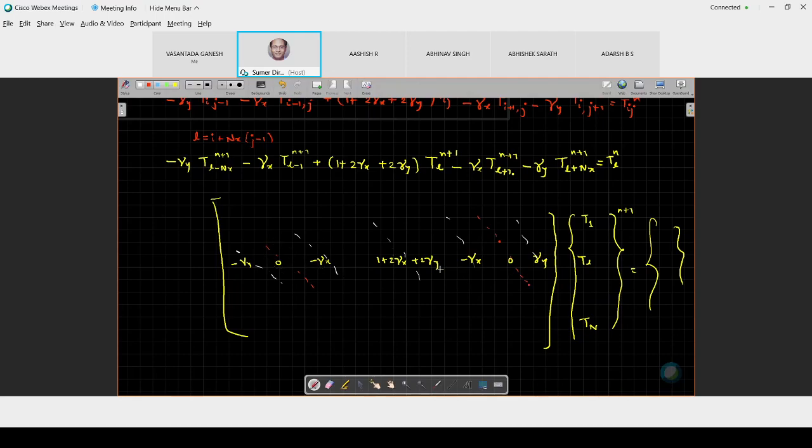Because of this, suppose you use Gaussian elimination, then what may happen is that some zeros may become non-zeros, and it might lead to a problem. So the solution to these problems is an iterative technique. To solve this, Gaussian elimination is not a good approach. So I'll just write those.